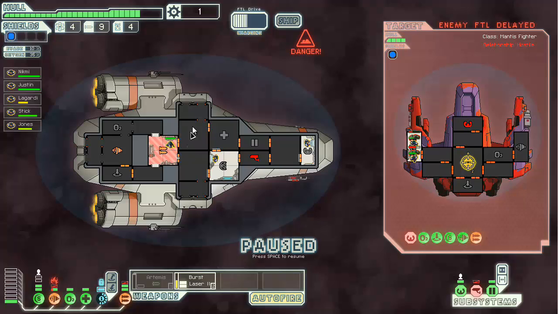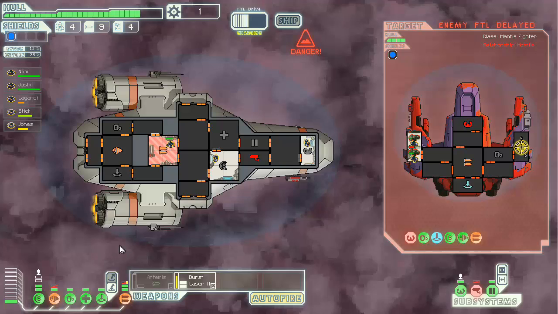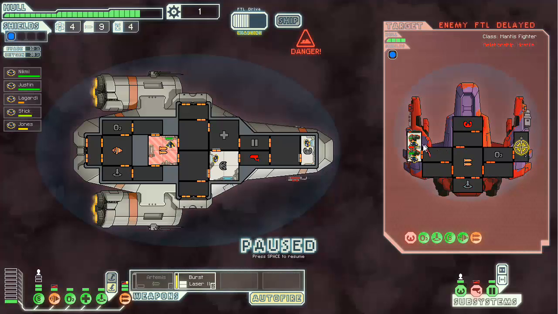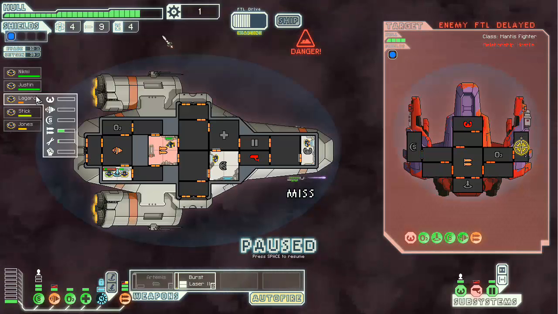Crap. Oh, gotta get some air in there. So they're trying to escape. I gotta get their engines down before they get out, because otherwise I'll lose my crew members. And you know what? I'm gonna get my crew members back immediately, because we already need to get this ship